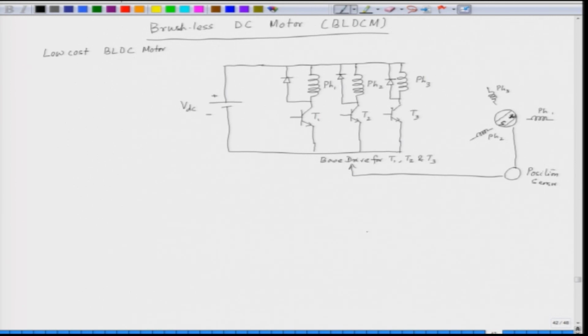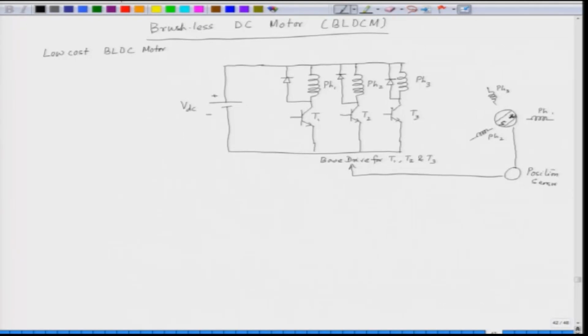Now, to understand this, we will take the example of a position sensor which is an encoder. So, we connect an encoder to the rotor. The rotor has a permanent magnet field and let us assume there are 2 poles in the field, one north pole and one south pole. Let us see the rotor structure of this brushless DC motor.